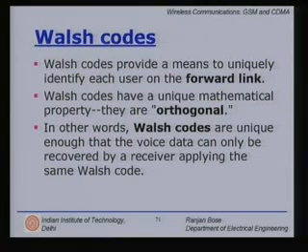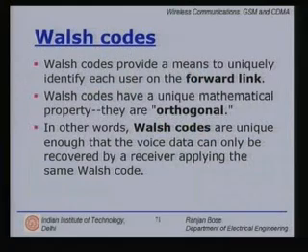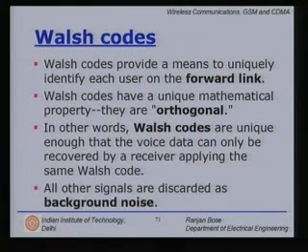It's almost close to orthogonal. Very good autocorrelation and cross-correlation properties. So the basic idea of any good code is that when you correlate it with your own code, that is autocorrelated, you get a strong peak, and when you cross-correlate it, you get a very low value. So what happens is all the other signals are discarded as background noise.